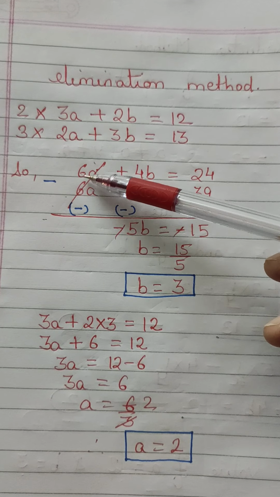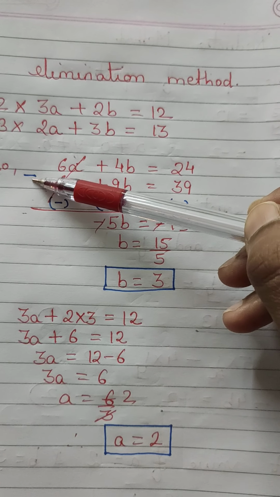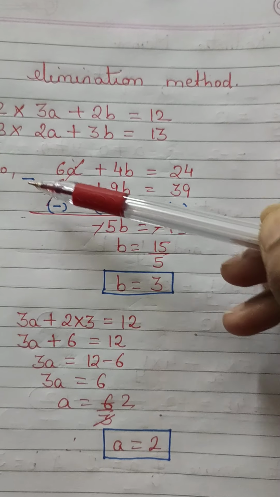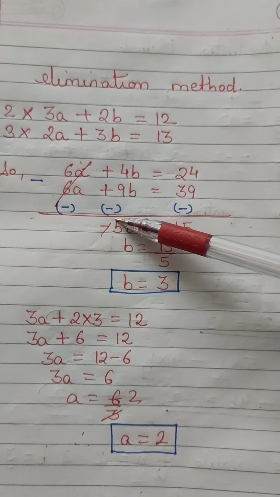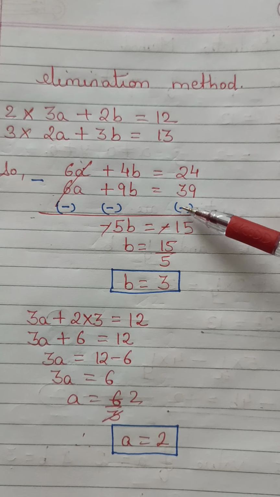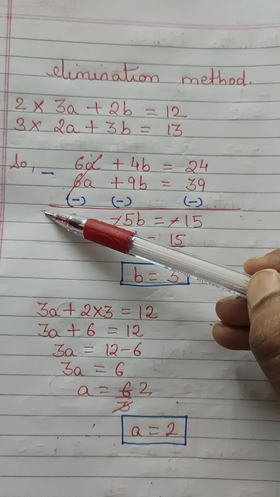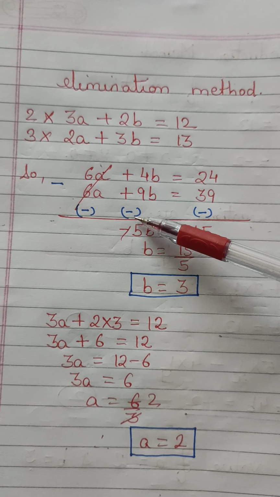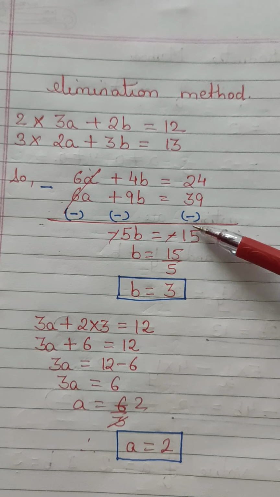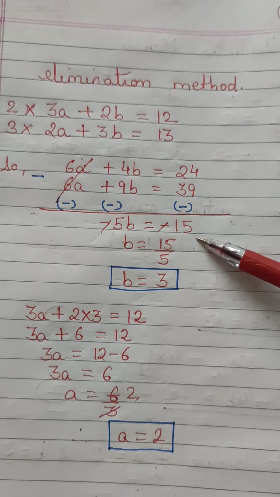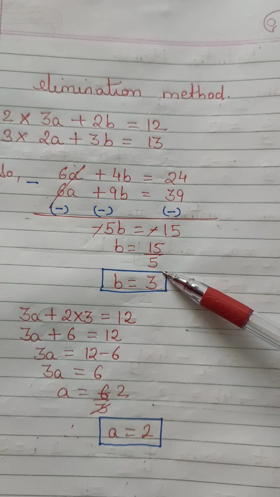Since both the terms are having the same sign, it can't be cancelled. So, I'll subtract the equations. When I subtract, the sign changes over here. Why? Minus into plus is minus. Is it okay? Now this term gets cancelled, that is eliminated. Here we are left with plus into minus minus, and the greater digit sign is minus, so minus 5b. Similarly, plus into minus minus, and the greater digit sign is minus, so minus 15. Minus and minus gets cancelled, and I am left with the value of b as 3. I hope it is understood.